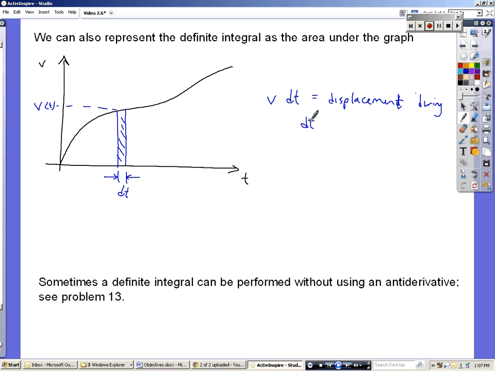So that's the importance and the physical interpretation of that variable of integration dt, and it's why you shouldn't leave it off. So v dt is the displacement during dt. If you want to find, let's say, the displacement between t1 and t2,